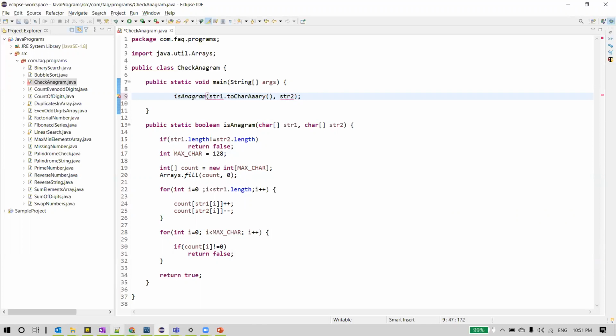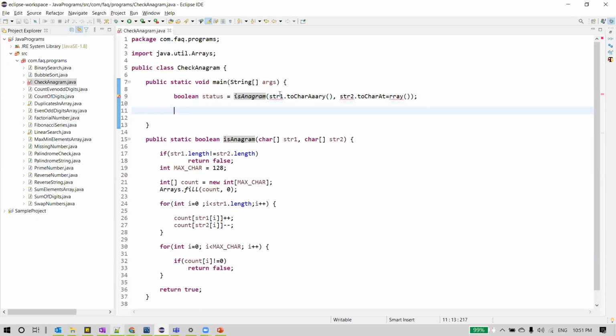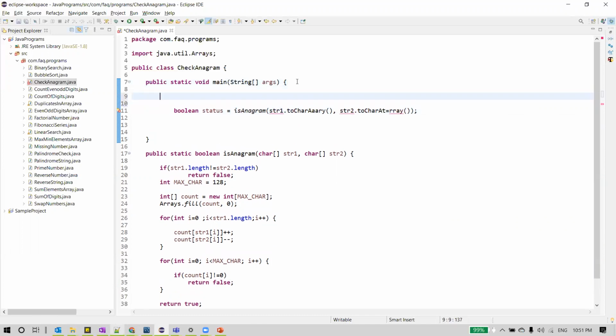These two strings to char array. We'll read this into some status variable, and we need to actually read string 1 and string 2 from user input.